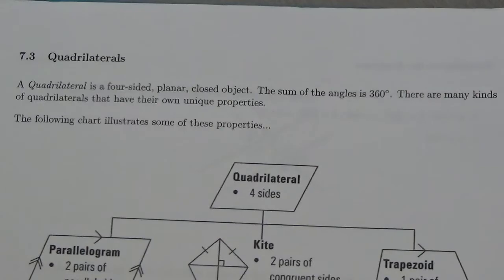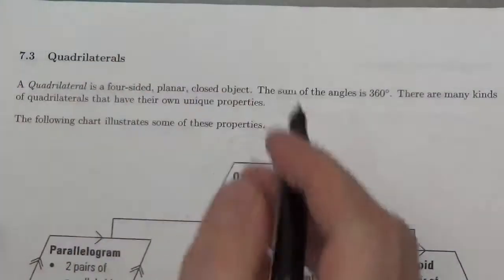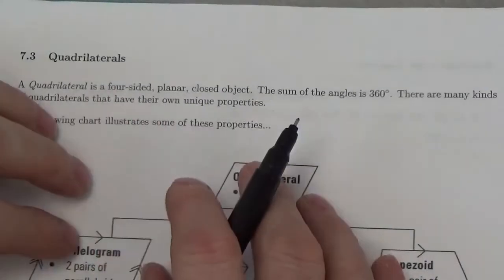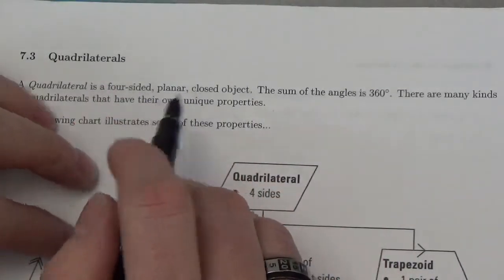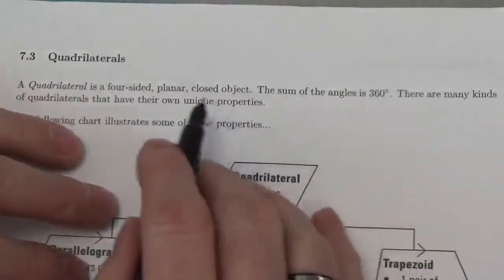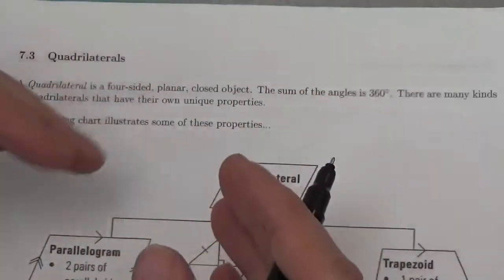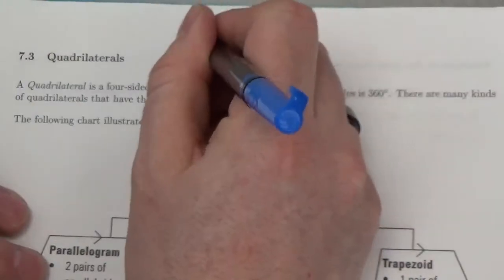Okay, hi everybody. So in this lesson, we're going to take a look at quadrilaterals. A quadrilateral is a four-sided planar closed object. Planar means it's on a flat sheet of paper, and closed means that the sides are connected to each other. So, for example, this right here,